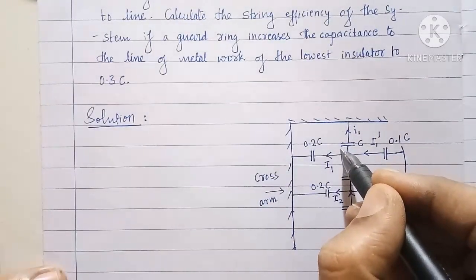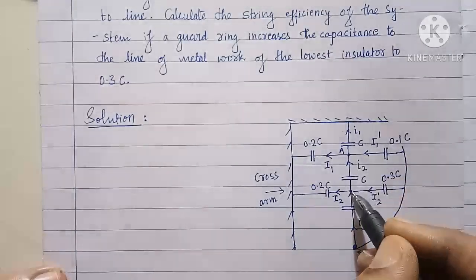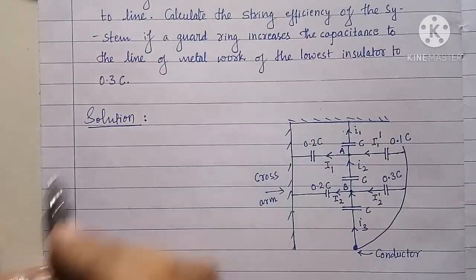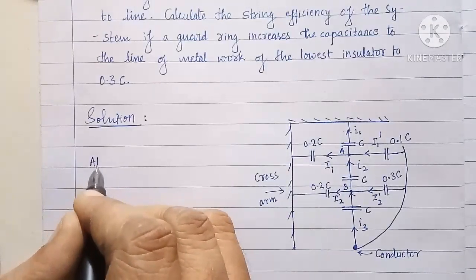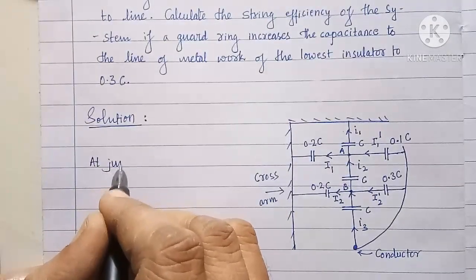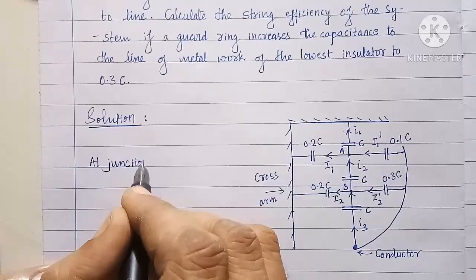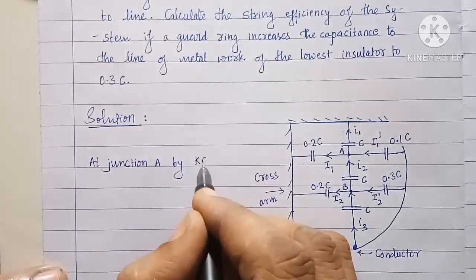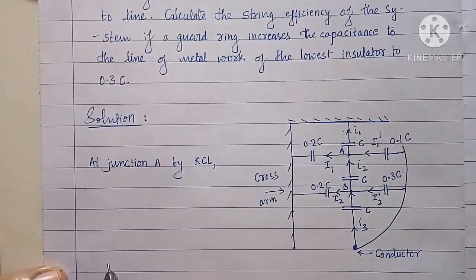Let us call this junction as A and this junction as B. At junction A, by KCL,